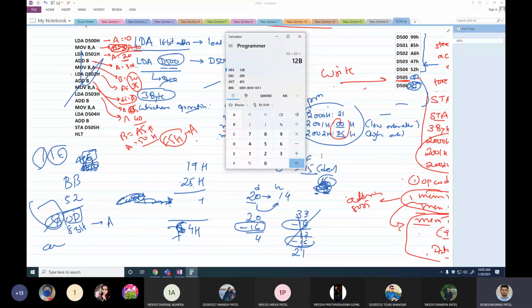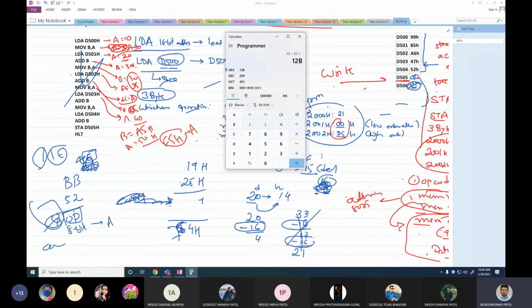12B. So you have to take care of your data at each and every point of time. If a carry is generated, this program that I have written is not at all considering the carry. It is just keeping the carry part. We have to take care of that carry part. Why? Because if I add two 8-bit numbers, a carry might generate. It is obvious. Carry would be the 9th bit, and all the registers inside 8085 are 8-bit.